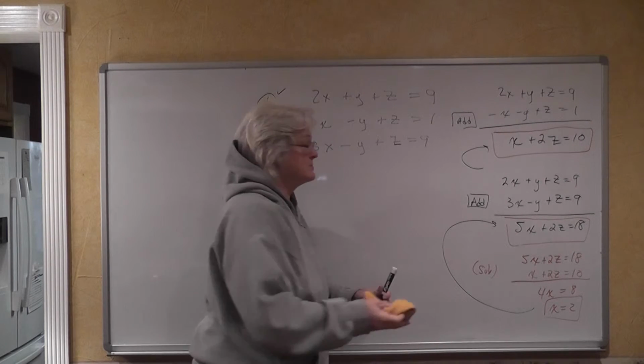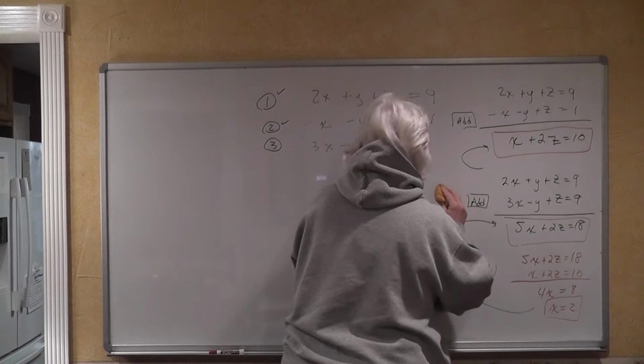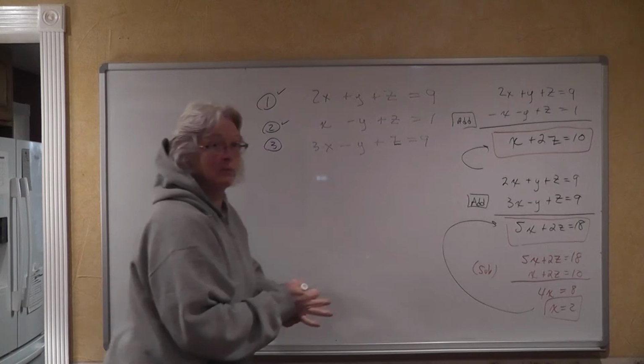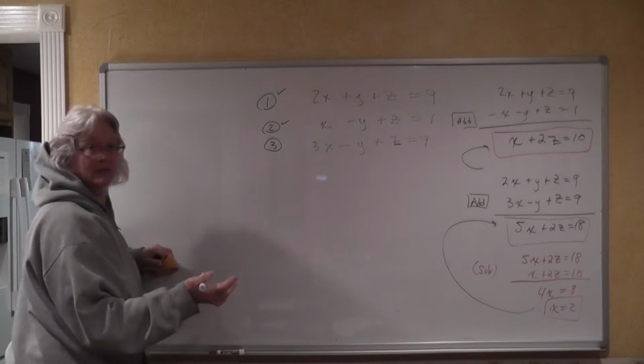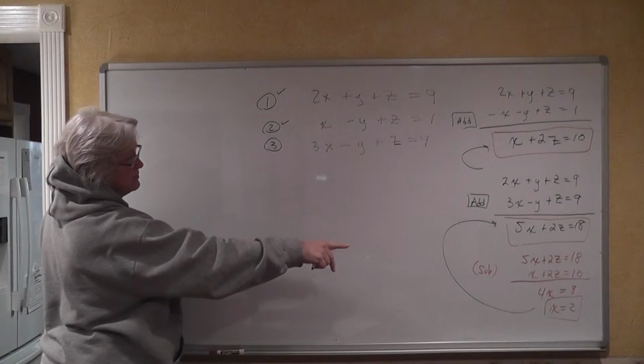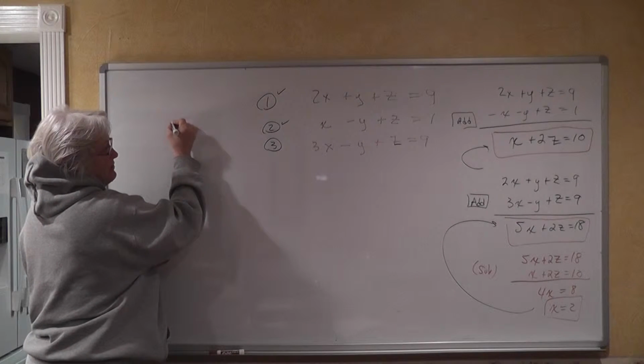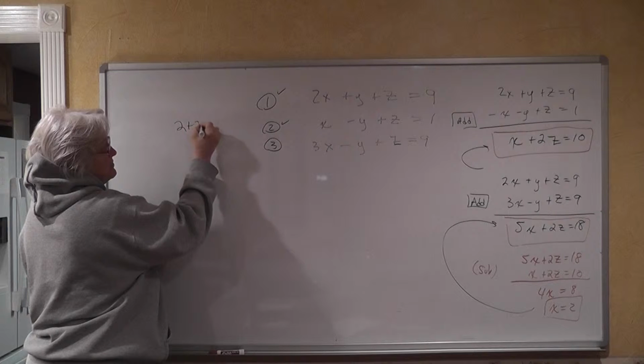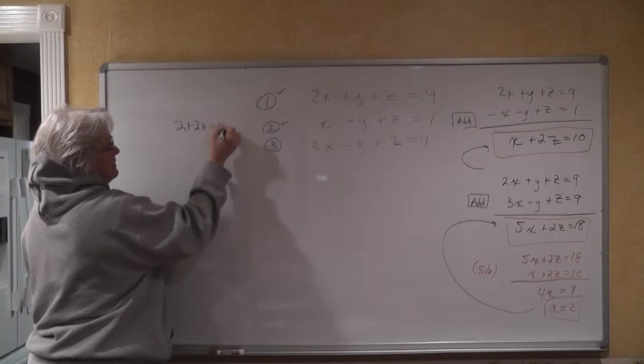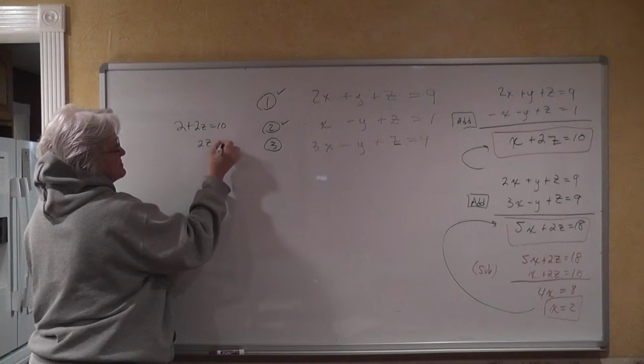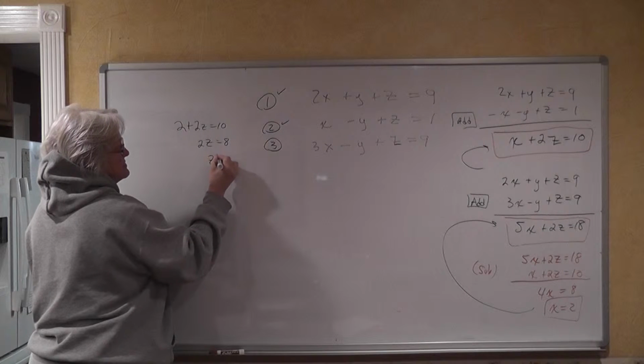So I'm going to clear some space. Actually, I'm not, and I'm sure by this point you probably got the answer. If I'm substituting x as 2, I'm going to have 2 plus 2z is equal to 10, 2z is equal to 8,